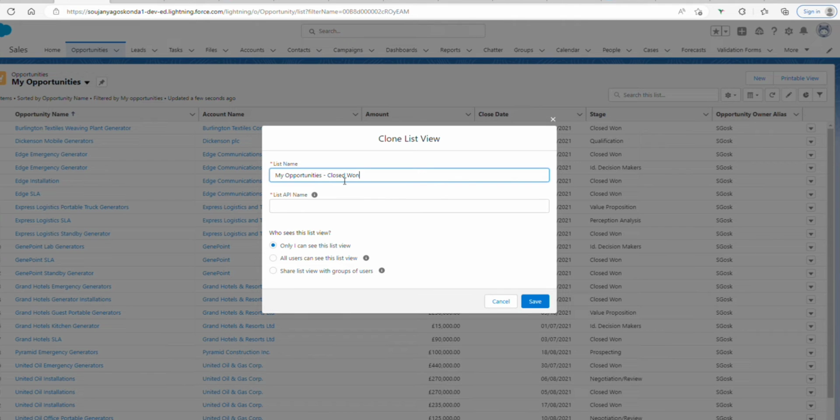And if we want to look for all the closed won opportunities, we can create something like this. And if we want to share it with others, we can share, or I just want to keep it for myself, only I can see this list view. We can just click on this